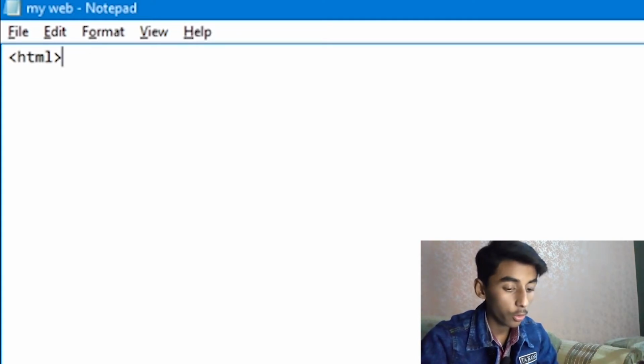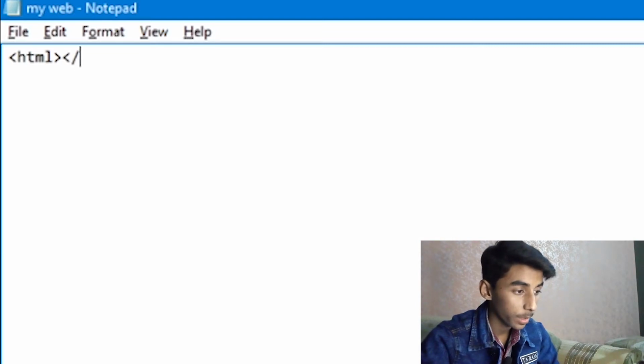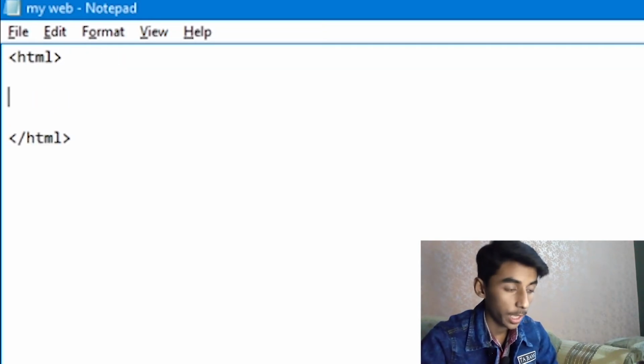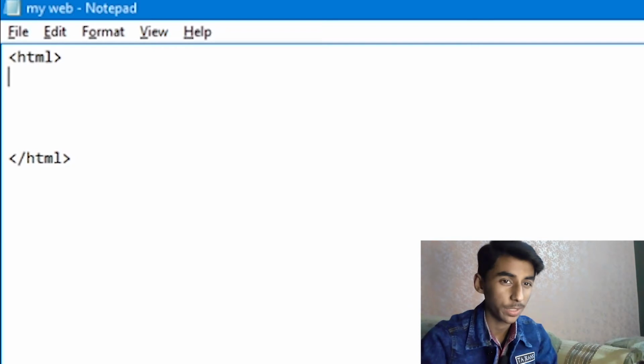And how to put the closing tag of it, because every opening tag has a closing tag in HTML. For the closing tag you simply put the less than symbol and forward slash and then HTML and then the greater than sign, and between these you have to press enter. So this is the first tag, HTML, which is used in the basic structure.